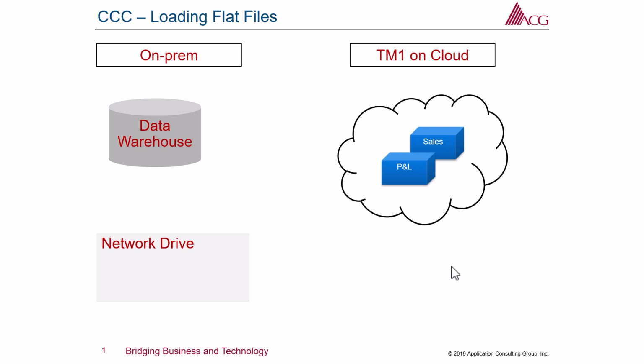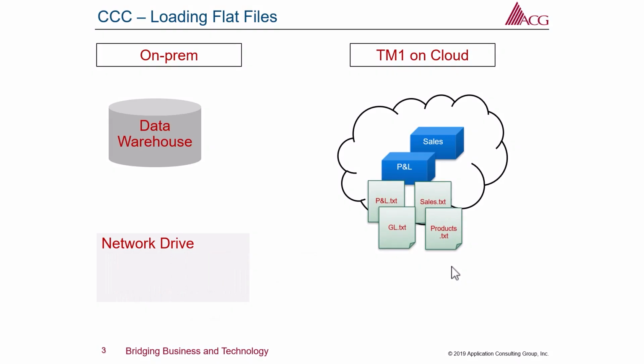In this scenario, the flat files are being dropped from the data warehouse into a local shared network drive before being pushed to the cloud. The trick here is knowing when the files have been dropped. In this demonstration, we'll create a trigger process to monitor the shared network drive. Once the files have been dropped, Cognos Command Center will automatically execute a TI process and load the data into